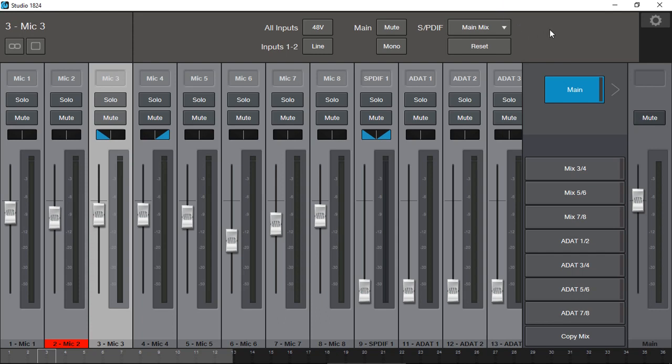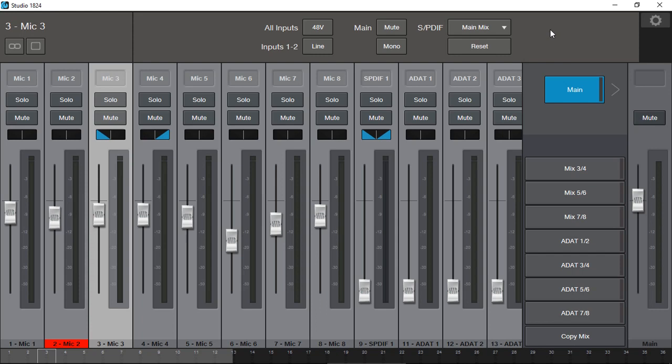Now, one thing I should also mention is that the Studio 1824 supports zero latency, the Z monitoring, which I will talk about and demonstrate in a few minutes. What it means is that Studio One can actually control this matrix within the Studio One application itself, the DAW. That means you can still listen to any of the inputs and direct them to any of the headphone outputs,